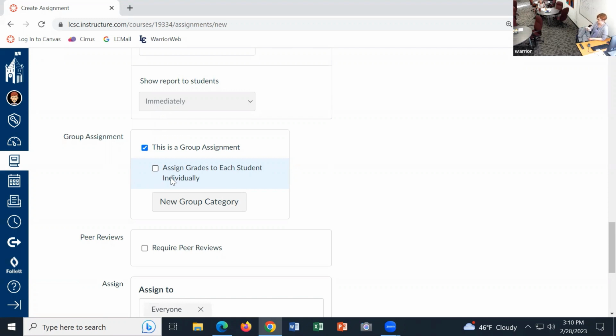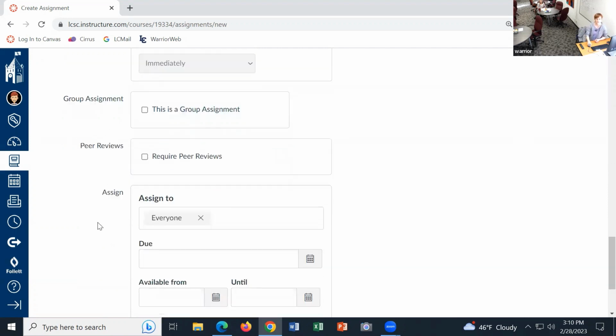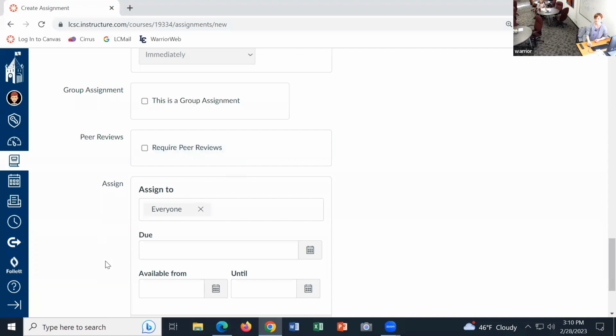If you make comments on that paper with the annotations, everyone in the group will be able to see those. So be aware of that as well. You wouldn't want to comment on an individual student, like Joe Bob's losing 5 points for being late, where everyone could see that. I'm not going to do a group assignment. We're also going to talk about peer reviews separately.